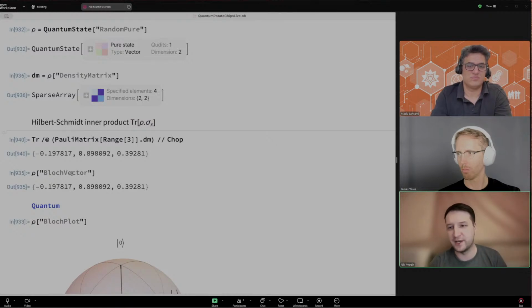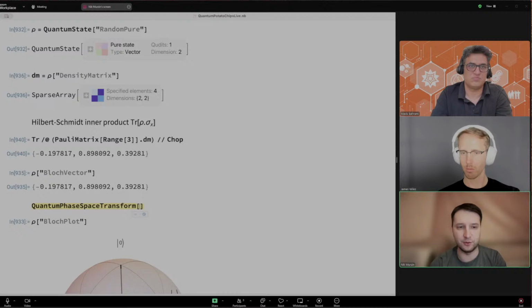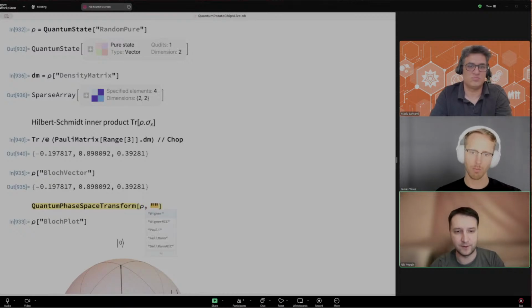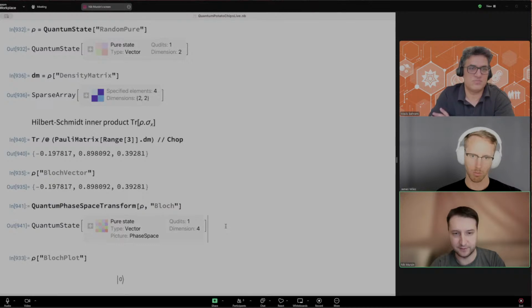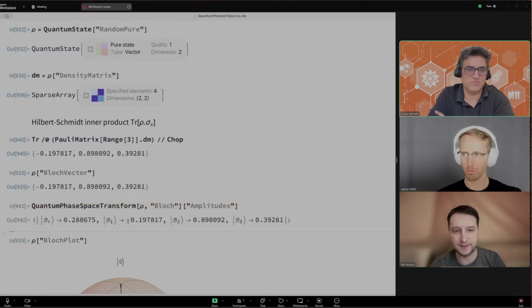It can be generalized to high dimensions. Even if you generalize your Pauli matrices to high dimension, you naturally have a Bloch vector for any quantum system in high dimensions. That's just a way of specifying it in a different space. But there's also a phase space representation of quantum systems and qubits. We even have a Bloch phase space representation, which essentially has coordinates, or in this case, amplitudes. It's a special basis in which your density matrix